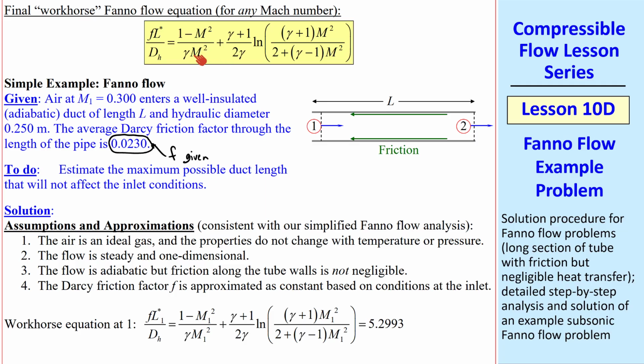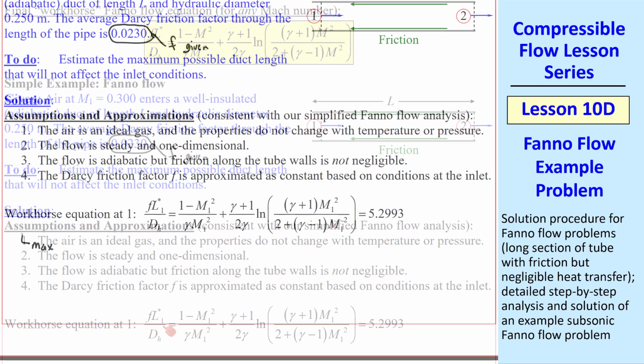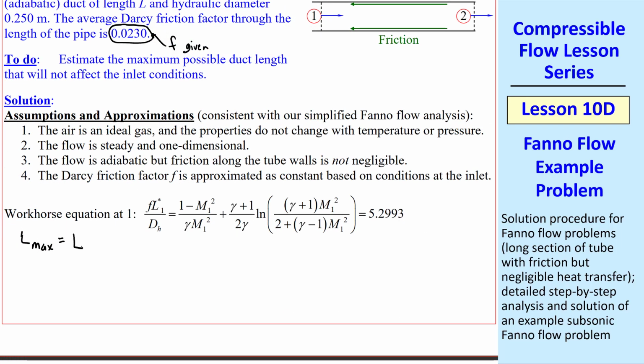So the first thing I do is take this workhorse equation and apply it at state 1. And note that L max, by definition, is equal to L star 1 when we start at state 1, which is what we're doing. So plugging in the given Mach number at 1, and for air we know gamma, I get 5.2993 for F L star 1 over D_H. So for this choked condition, we can write instead that F L max over D_H equals 5.2993,